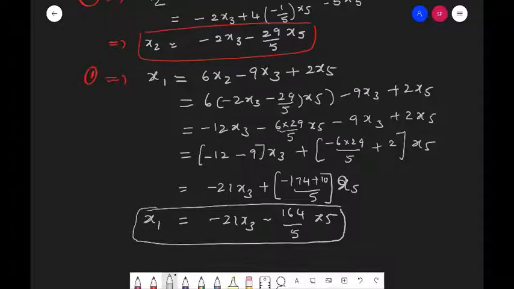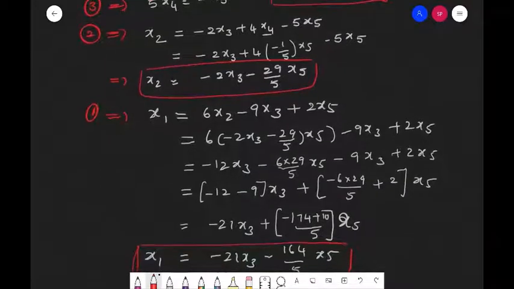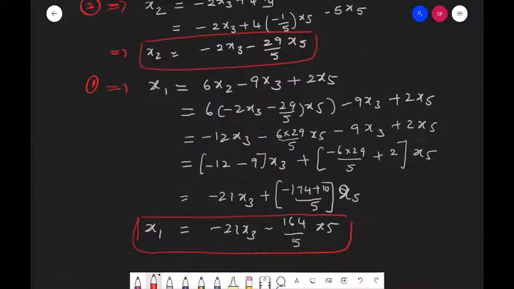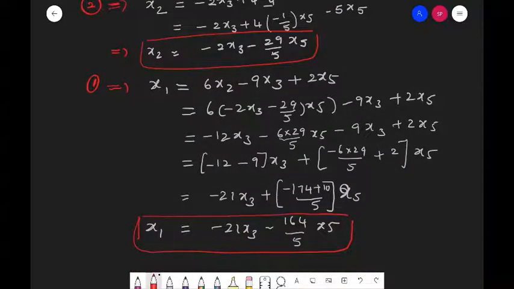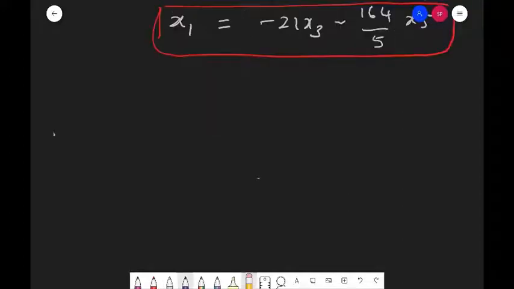So we got now all three basic variables, the x1 value, x2 value and x4 value. These three basic variables are in terms of free variables. What are the free variables? x3 and x5. Now after defining these basic variables in terms of free variables, we have to write what is null A. So null A is equal to